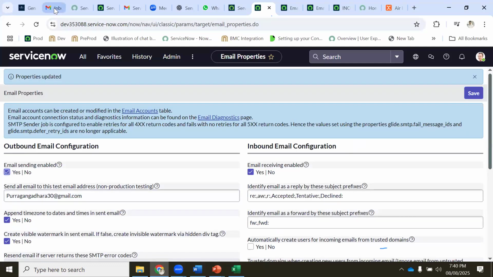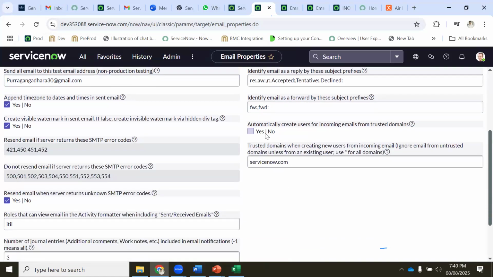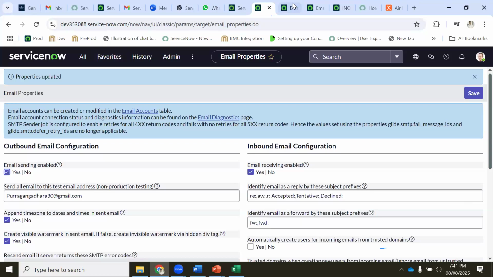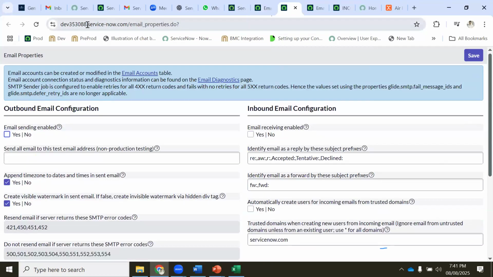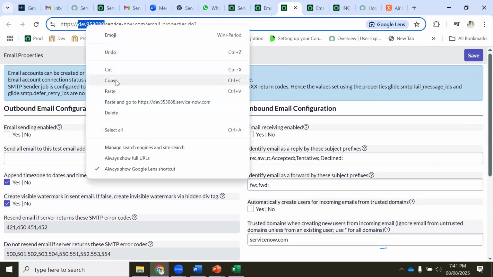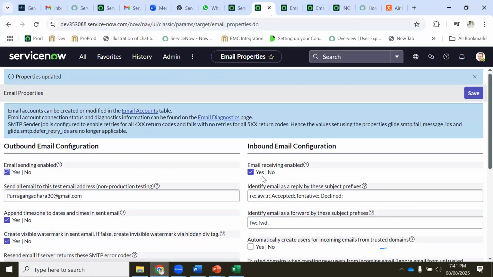Now let me send an email to this system. Which system? This system. I need to send a mail. Once I send a mail, it will come to this instance.